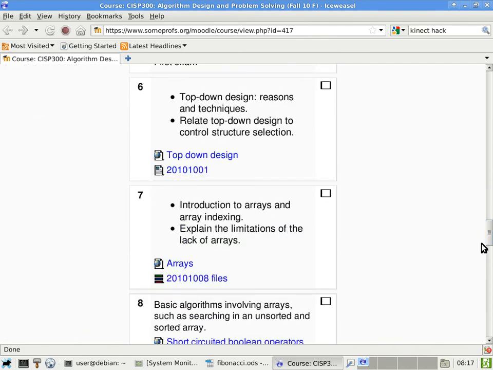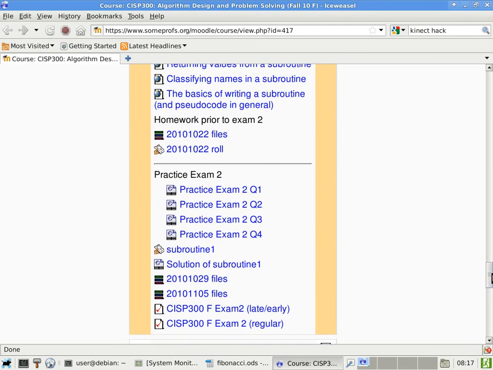Because if I just keep talking about subroutines, it's